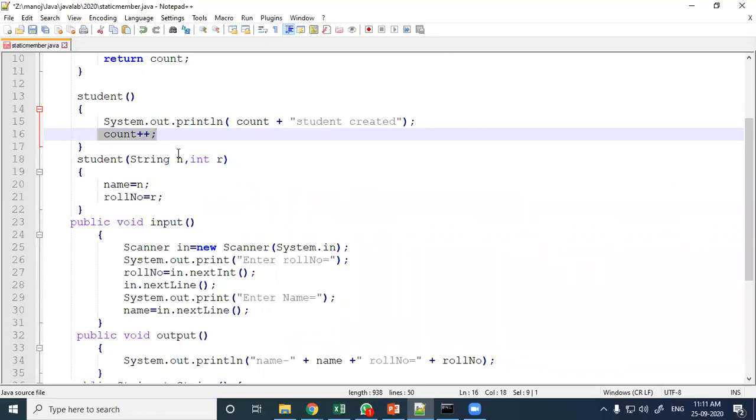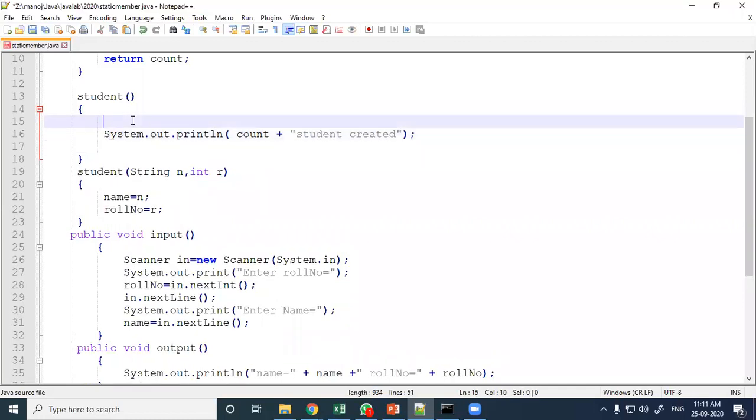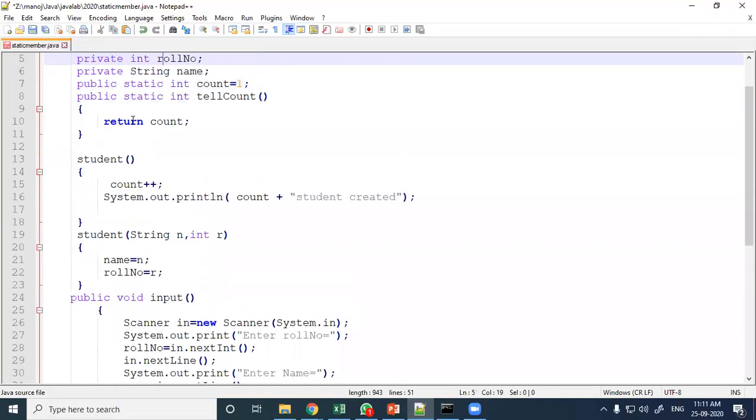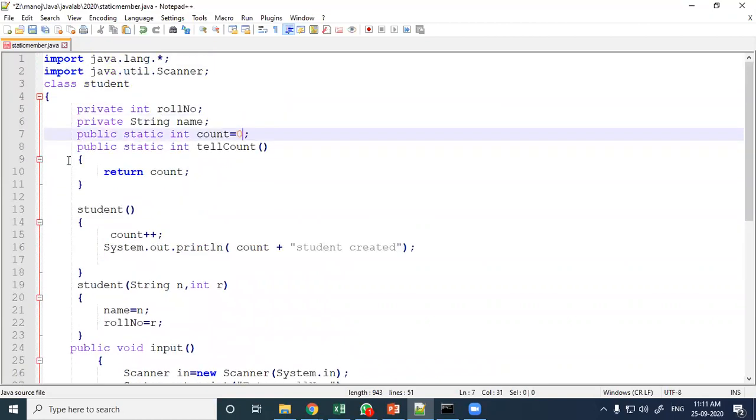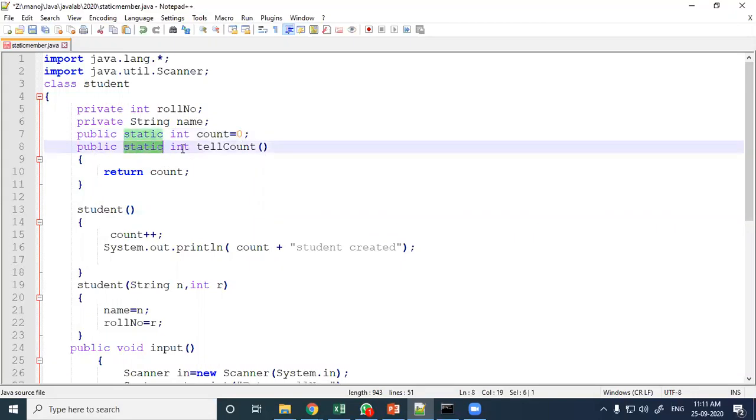We can do one thing here: first we increase the value, and initially we keep it 0. Here I have made count 0 and it is static, and this tellCount function is a static public function returning an integer, returning the count value. When the default constructor is executed, the count value is increased by 1, then the student created message comes on the screen.